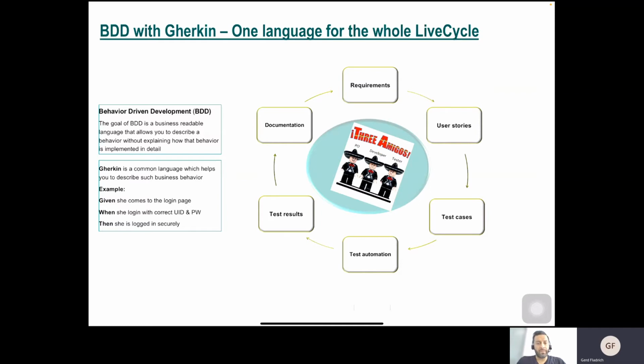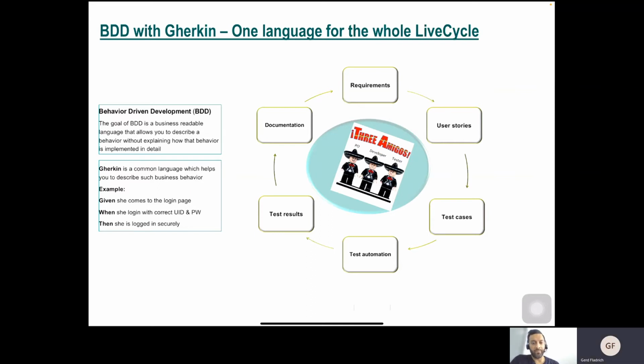Yeah, Amir, you have a question? Yes, I have a small question. So this Gherkin syntax, do I understand correctly that this is removing the whole translation from a document? Normally a requirement is written, this needs to be translated into a technical document for a developer to understand, then it needs to be translated into a test document for a tester to understand and write test cases. So is my assumption correct that this Gherkin syntax is readable for everyone in the same manner?